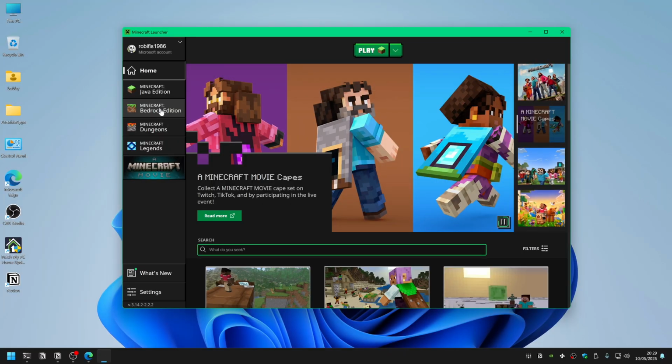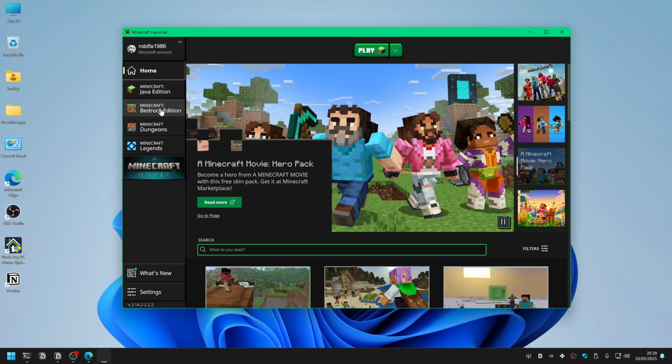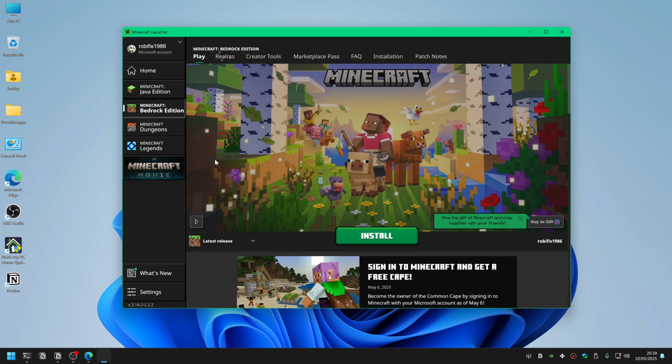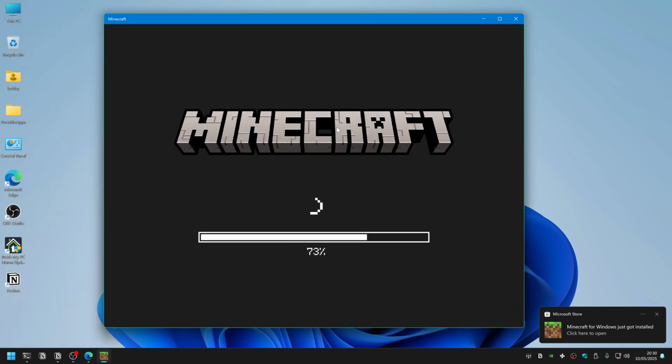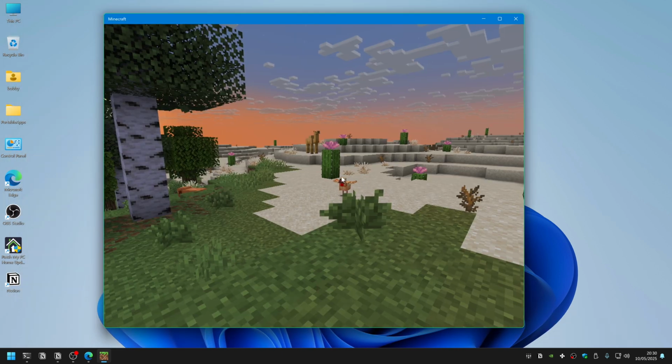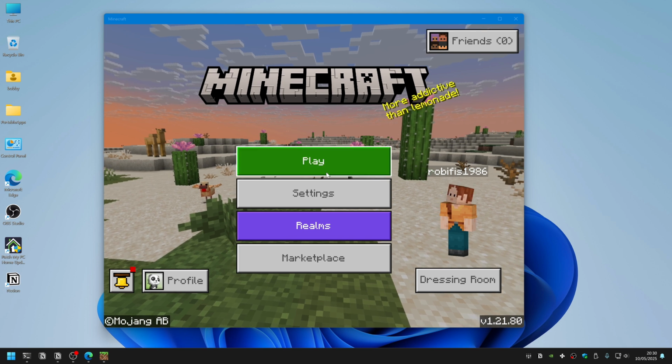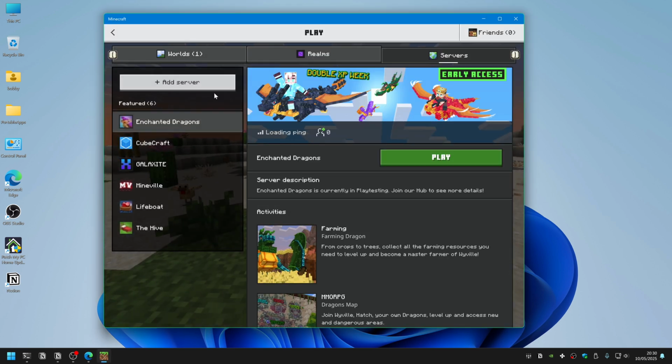So I'm now going to show you how you can join that game that you've created, because the server's already running, you just need to join it. Obviously this is Minecraft Bedrock Edition. We're going to hit play. I'm going to wait for it to load. I'm deliberately keeping it in just a window here. Now on the main menu here, we're going to click play. Then we're going to click servers. And here we're going to